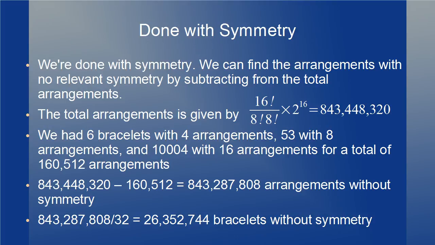But this is a precise discipline. It feeds results into other precise disciplines like number theory, and there's no rounding when a difference of 1 is the difference between a prime number and a composite, no matter how large. So subtract the 160,512, and we'll get